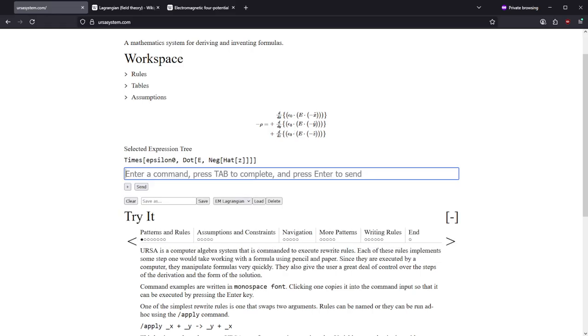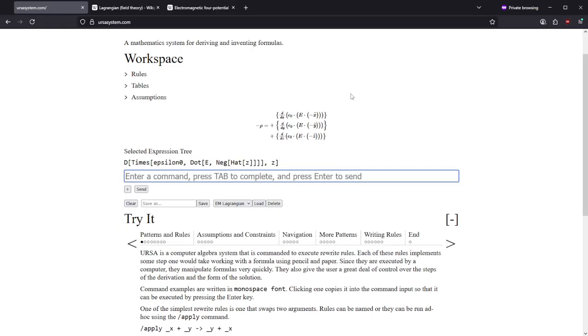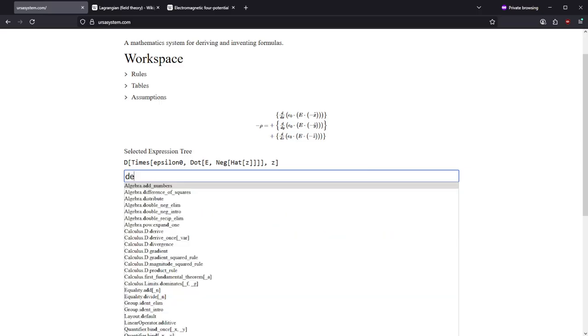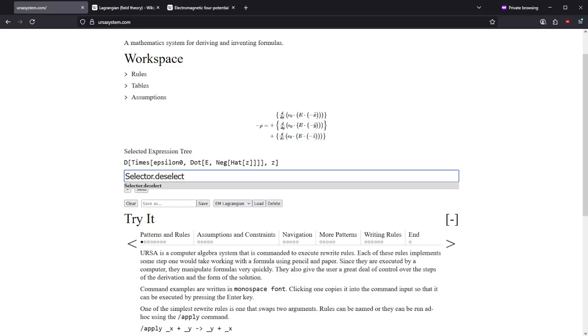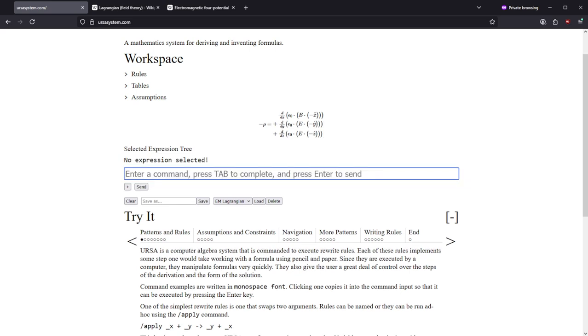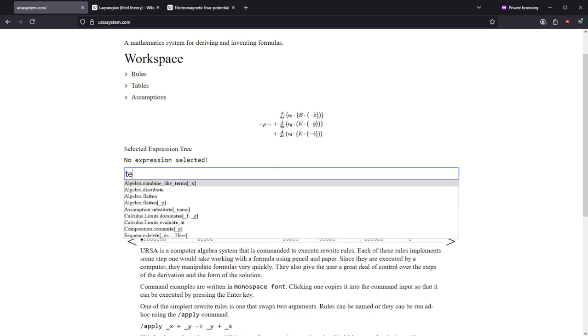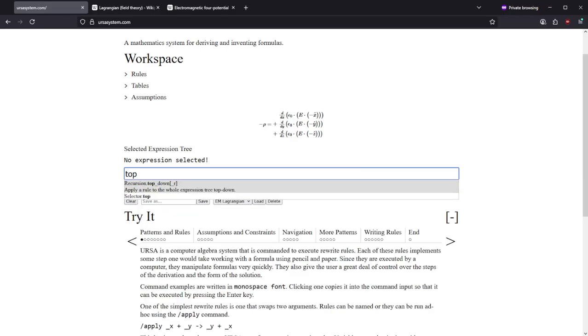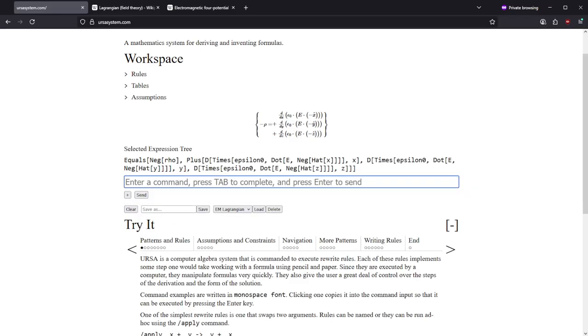And now we can almost just rewrite this. I need to get out of multi-select mode, and actually there's not really a good built-in way to do that. But I can use the special deselect selector. This is currently how you get out of multi-select mode, by deselecting and then using the top selector to reselect the top of the equation. So